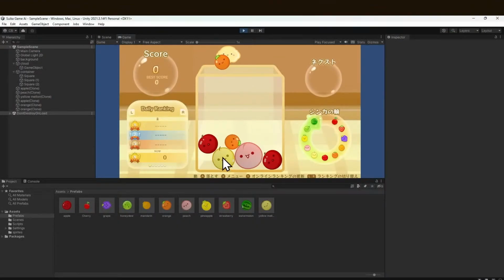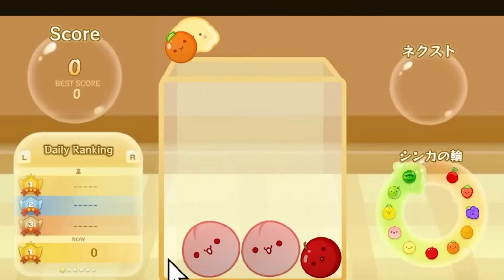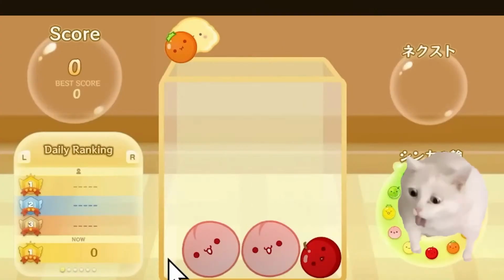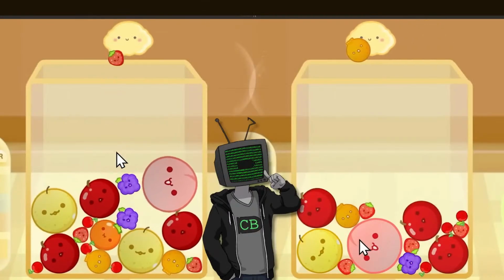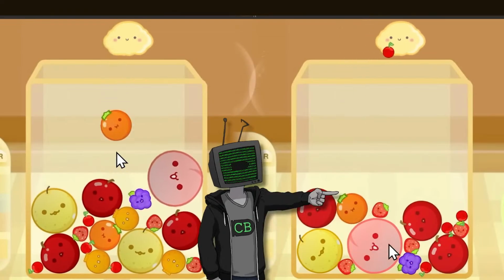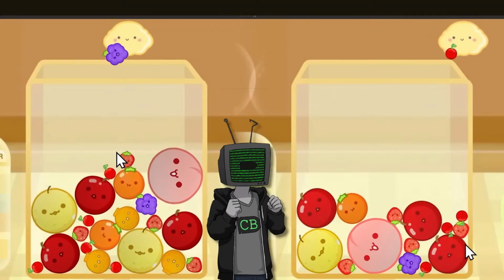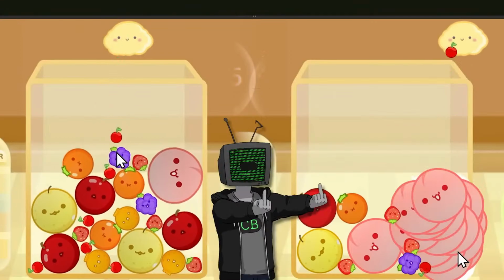All right, so even though I just copied the art, I still managed to mess it up. Some of the colors are just a little dull, so I wanted to make it more pretty. So I did that, and here's a little side by side. We got the new fruit, which looks a little more pretty, a little more colorful. I don't know if you can really tell the